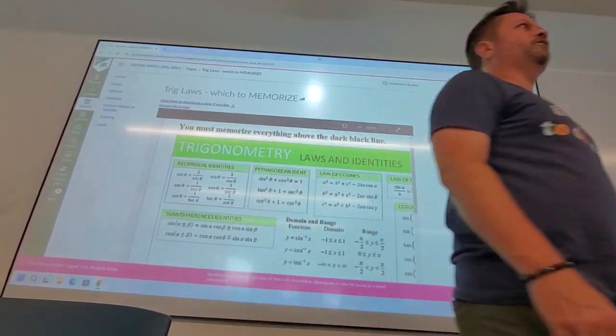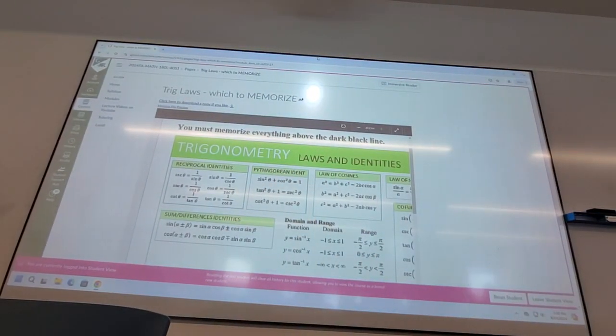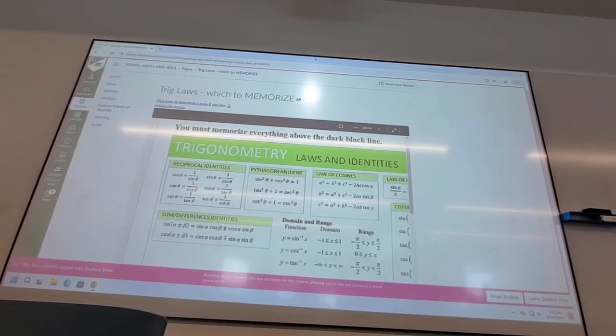So I'm going to do, Ryan, I'm going to do a quick review of some trig and factor stuff. I'm going to break them up because they each have a